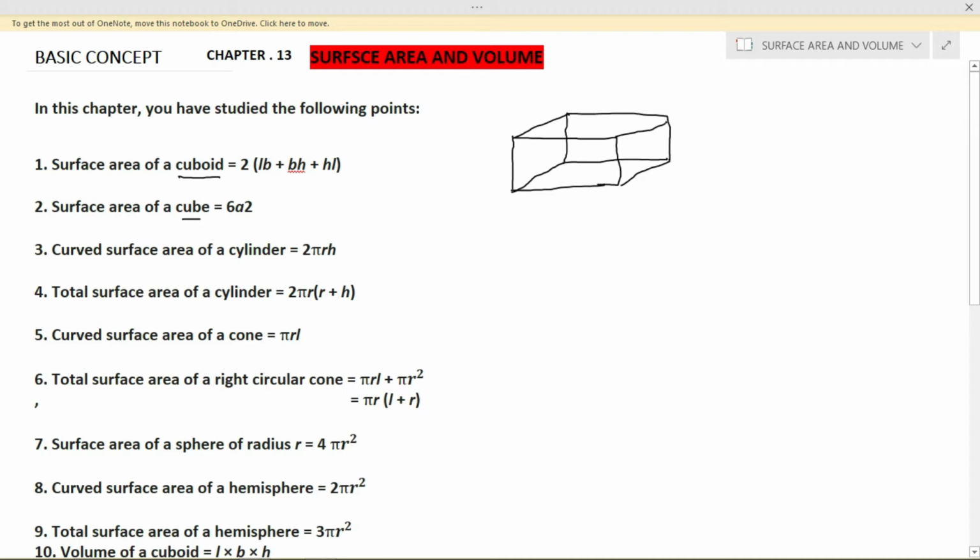This is the way to draw the cuboid, in which you will find that this is your length L, this is your breadth B, and this is your height H. But if we draw the cube, here the length is different and breadth is different. So in a cube we take length, breadth, height all the same. So this is your cuboid. And if we draw the cube, for that we have to do